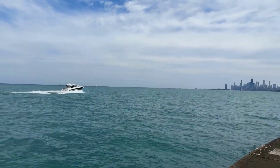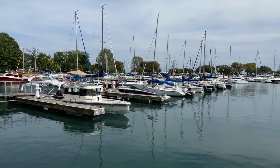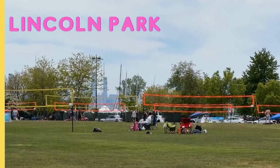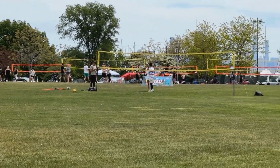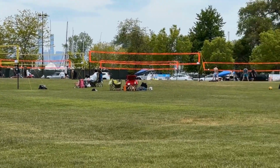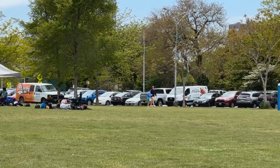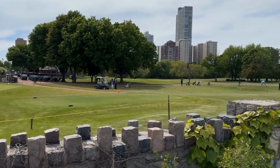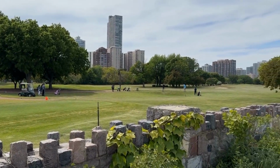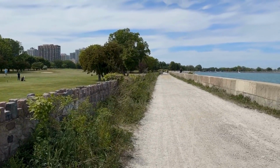I'm going to step over just a little bit into the park to talk about what I like to do there. Lincoln Park is Chicago's largest park, stretching for 7 miles up and down Lake Michigan. It's named after Abraham Lincoln, like many things throughout the city and state, to honor our favorite son. Lincoln Park sits between the lake and the city's famous Lakeshore Drive, and no residential buildings, except for one that snuck in the 70s, are allowed to be built between the two,